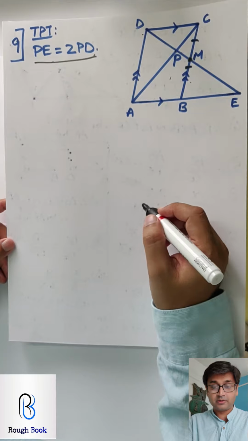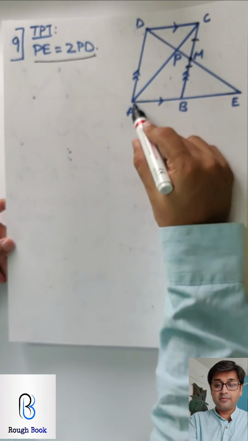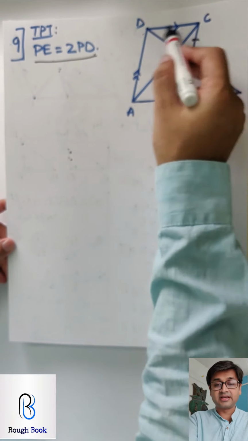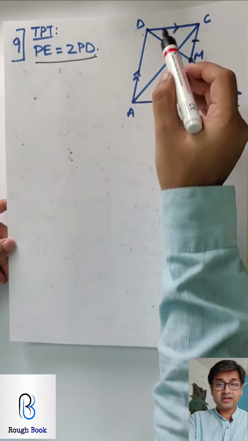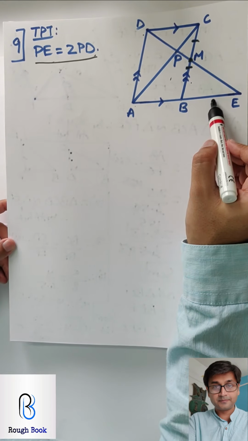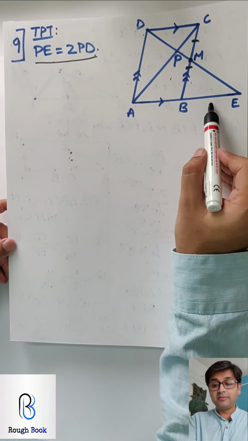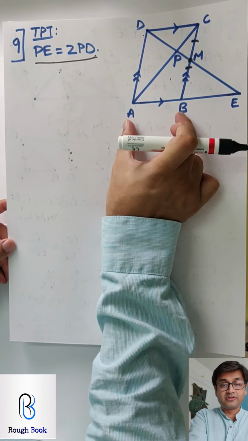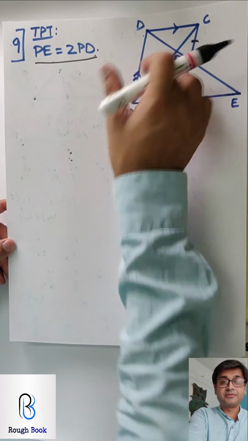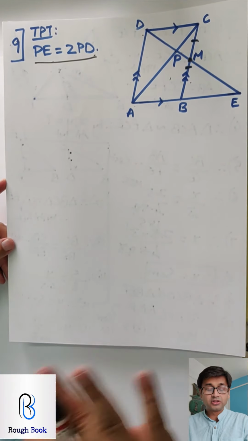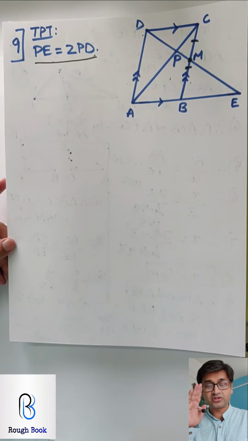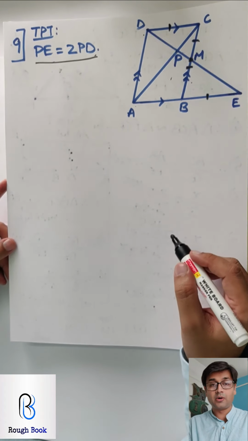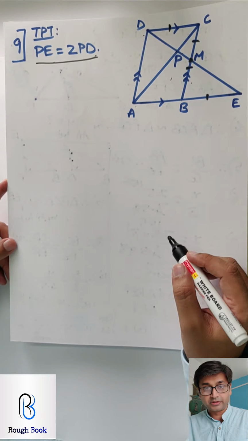How will you get that 2 by 1? For that, AB is equal to DC, opposite sides of parallelogram, because they said this is a parallelogram. If I can prove DC equals BE, then I can say AB equals BE, and therefore this will be double of this, and therefore this will be double of this. So there is some connectivity here. Let's not make it very complicated. Just get to the basics straight. Prove that DC equals BE. How? You're going to use congruency.